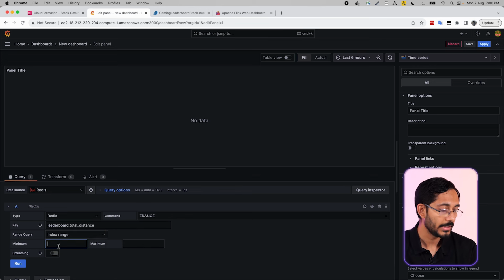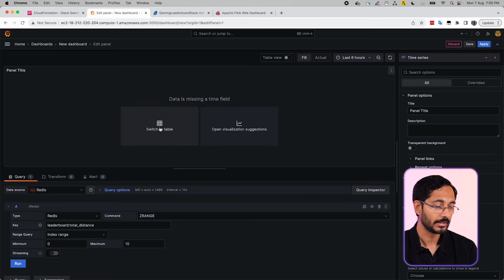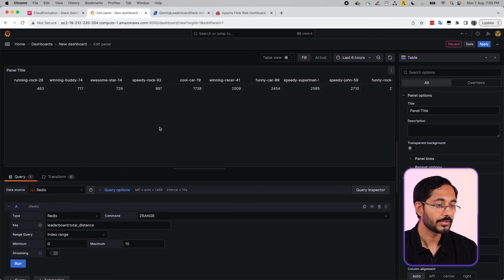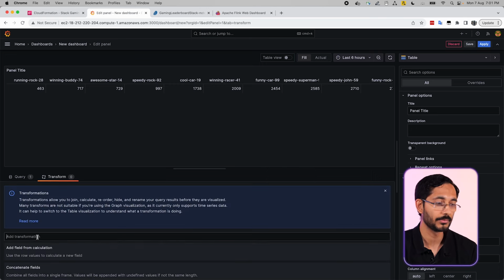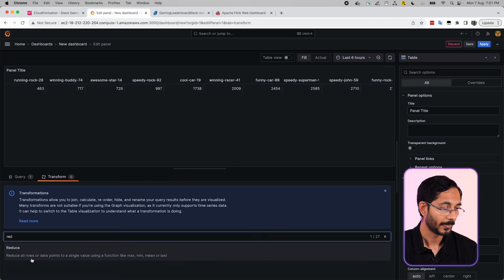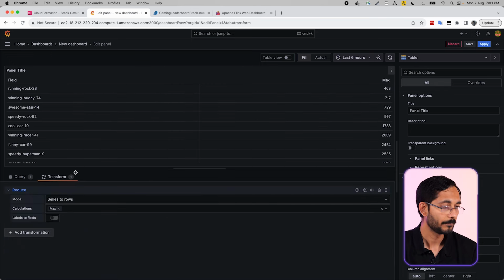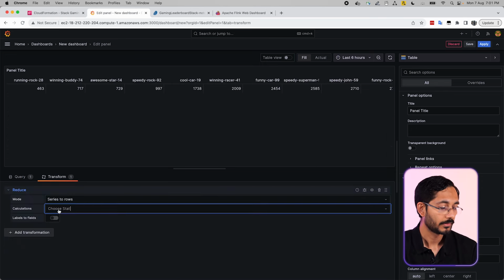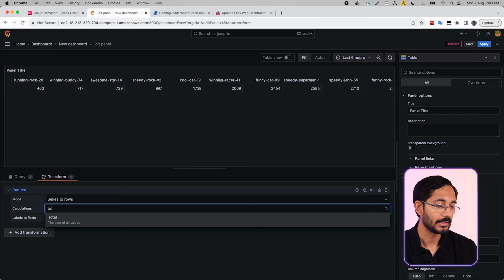In the range query, you select index range and 0 to 10, which basically brings the top 10 players on the graph. You hit the switch to table to see the output as a table. As you see, it is not nice right now, it is horizontal, but I will show you how to convert that into a vertical one. So, you go to transform, select reduce, deselect max and select total,